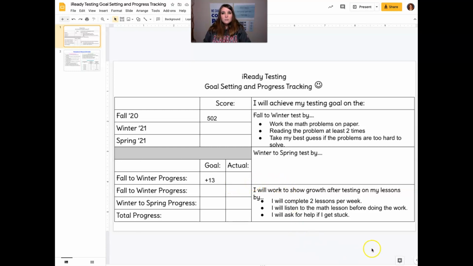All right, Cougars, we know that you have been working so hard. Everything that you've been doing from fall to winter has helped you to prepare for this very moment. Make sure that you get a good night's rest. Eat a good breakfast in the morning and make sure that you are working those problems, taking your best guess, staying focused, and really showing all that you know because, Cougars, you can do